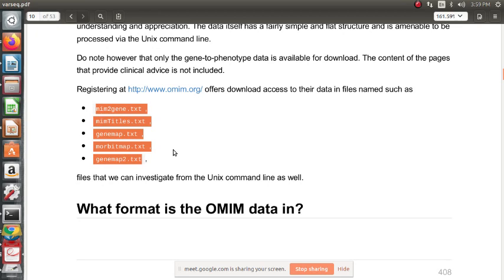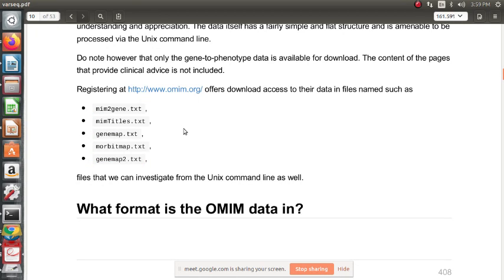Yes, please read the 5 file names. MIM2gene.txt, mimTitles.txt, genemap.txt, morbidmap.txt, genemap2.txt.